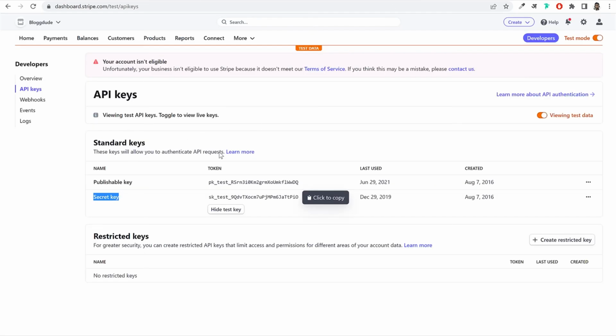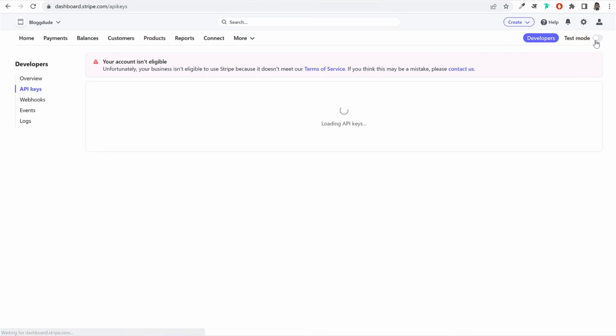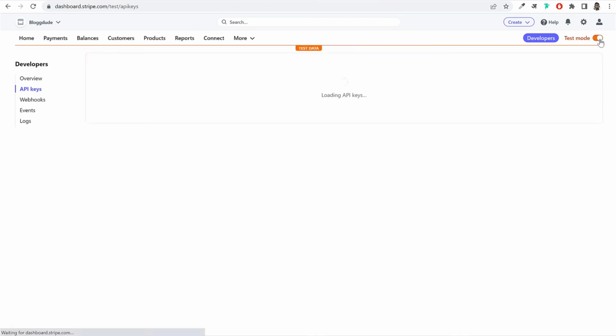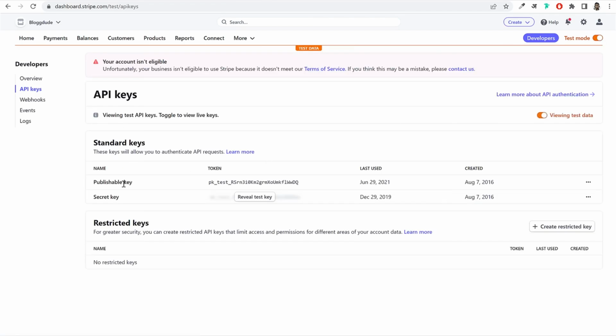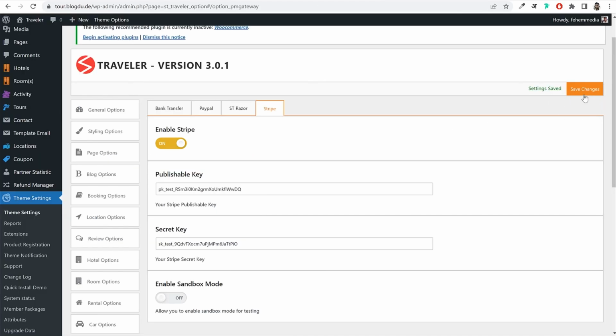Now I'm just copying and pasting the test key. Make sure you turn the test key off, and make sure you're copying and pasting the live key. So instead of test key, here it should say live key. Okay, make sure you do that. And then finally just click on save changes, and now you have enabled and integrated these